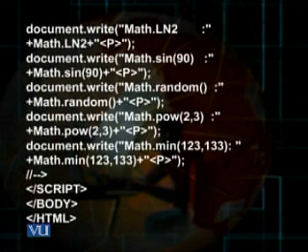Any decimal fraction would be picked up for me within 0 and 1 by the browser, and that would be written for me. After the plus sign, then there is again a paragraph tag. Again, it is within the double quotation mark, within the small parentheses. Then in the next document.write